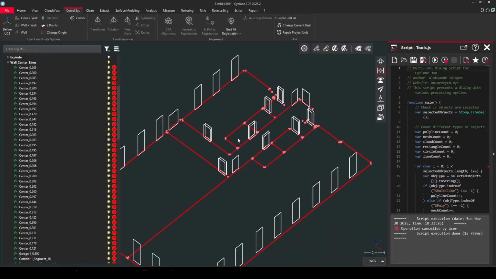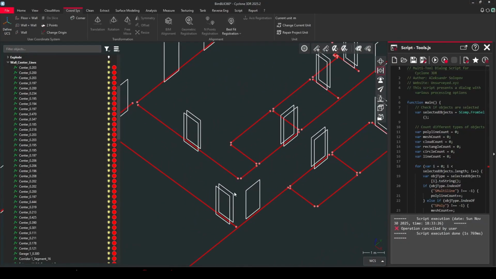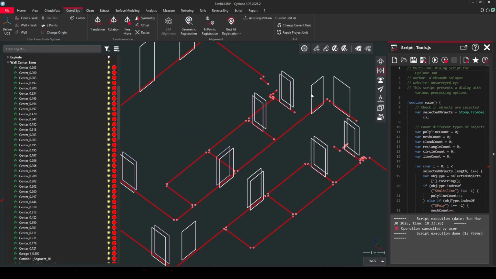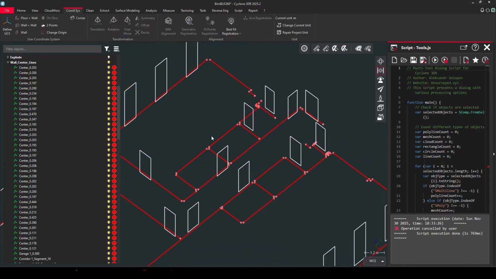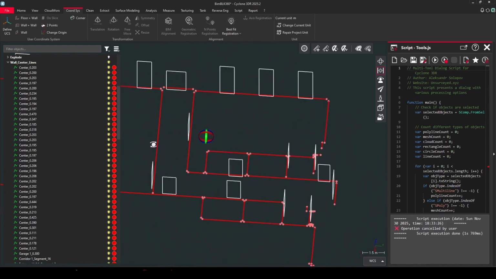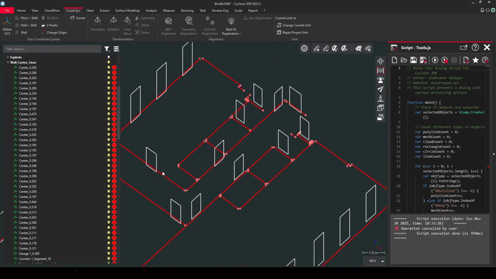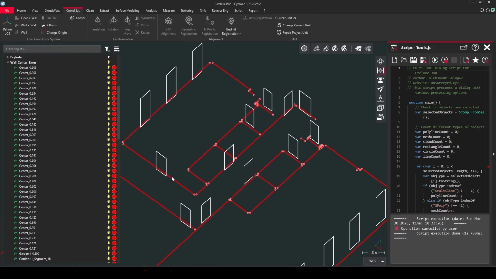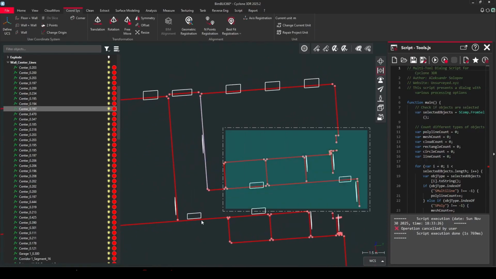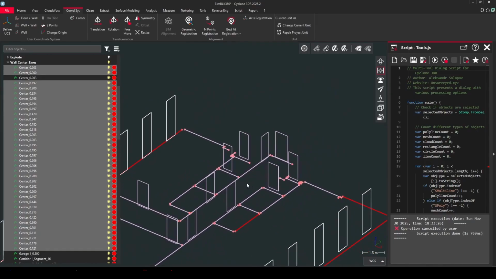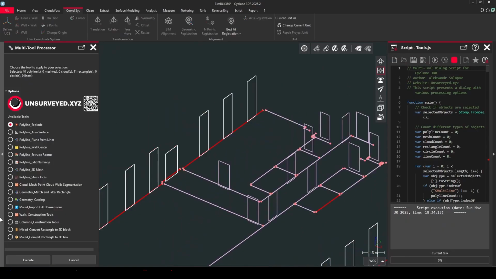When you have center lines and geometry elements representing doors or windows, you can select them both together and then run the script if you would like to convert these elements to 2D blocks or to 3D boxes. For that you need to select both elements, one geometry element and one related center line, and this line should have information about width. So you can select these objects and then run the same script, choose the mixed convert rectangle to 2D block option